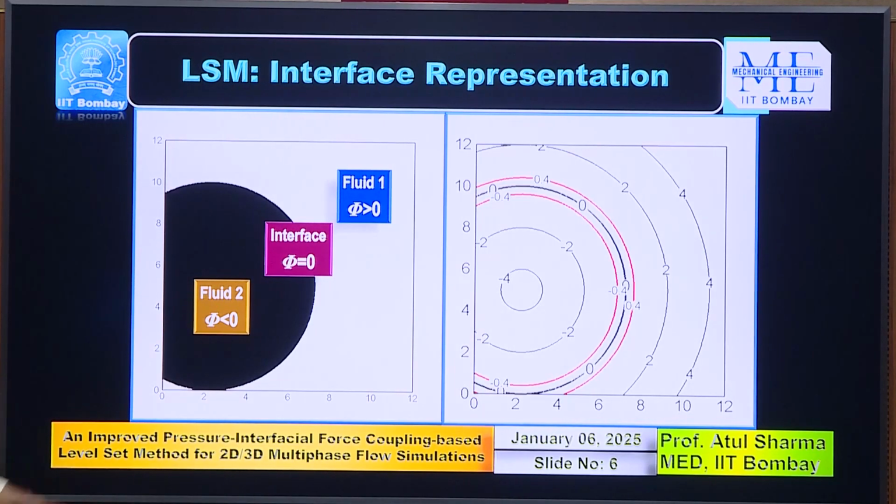So this black region is fluid 2 and the white region is fluid 1. Then the way we define the level set function, the first property is that its value is 0 at the interface and there is a change in sign across the interface, such that in fluid 2 it is negative and in fluid 1 it is positive. Now in a diffuse interface level set method,